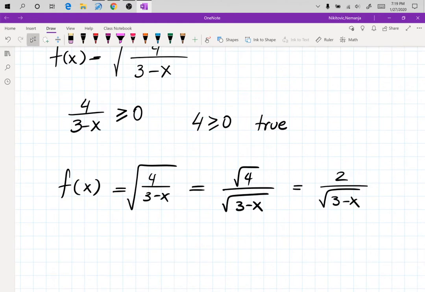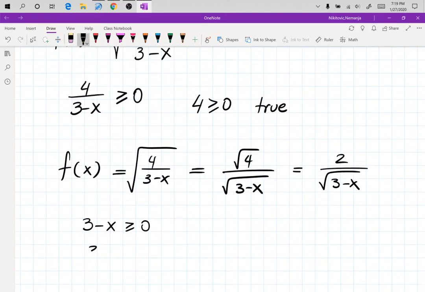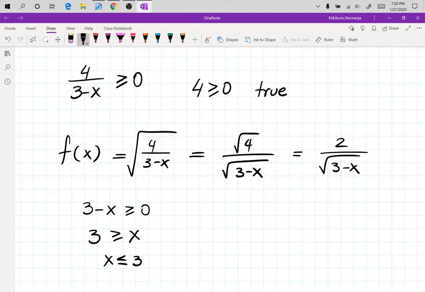So what I do now is I say 3 minus x larger or equal than 0, and then move x to the other side, which means that x needs to be less or equal than 3. You will see now that any value, and holy nightmare, I almost messed it up. I'll write this also in red. It's a trap. Since 3 minus x was in the denominator,